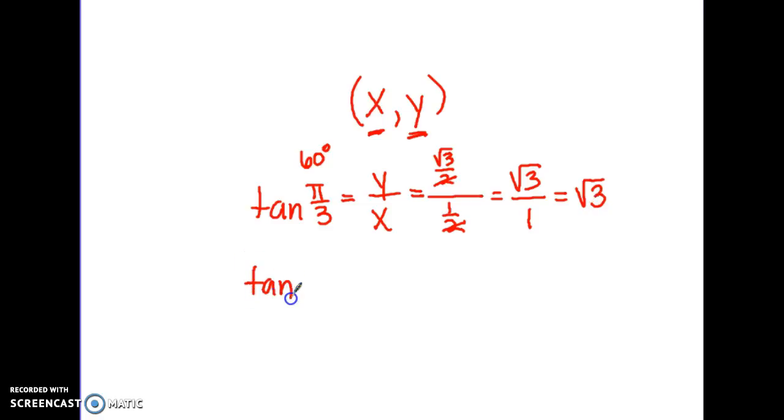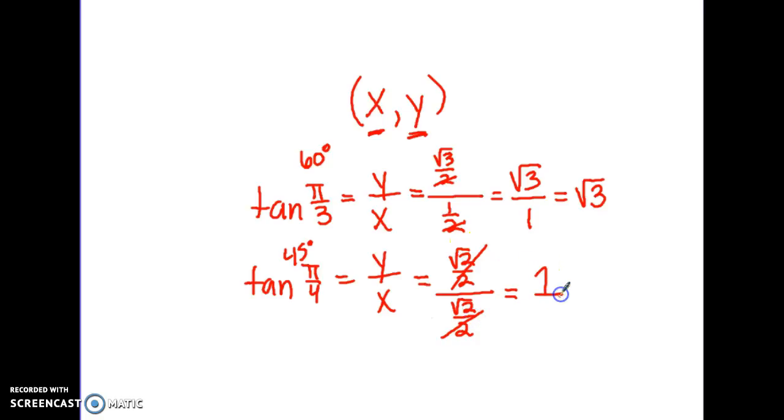As you look at tangent of pi over 4, which is 45 degrees, again, that's the y value over the x value. So that's square root 2 over 2 for the y value, and also square root 2 over 2 for the x value. Anything over itself is 1, so those really just cancel out, leaving you with a tangent value of